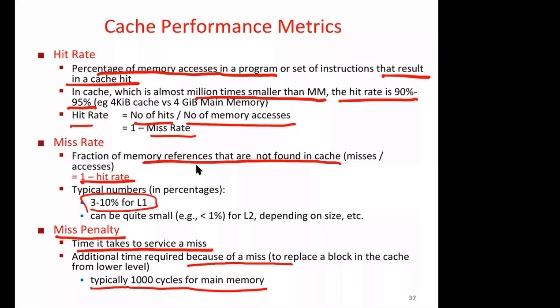You are designing it in such a way that most of the time what you need is available there. Now this totally depends on various factors. What is your cache size? What is your block size? What are your policies? And of course, what is your program's behavior? In general, we can say for most programs, or some benchmark programs, hit ratio is between 90 to 95%.